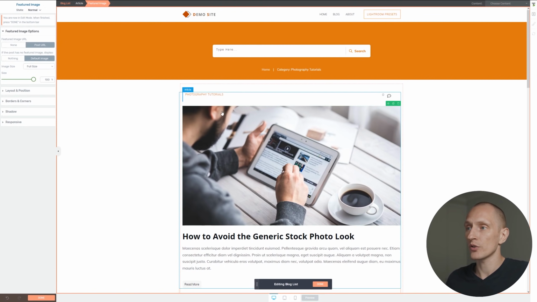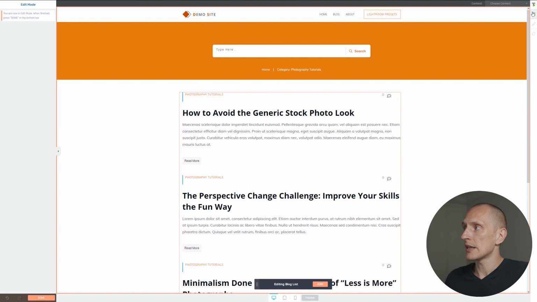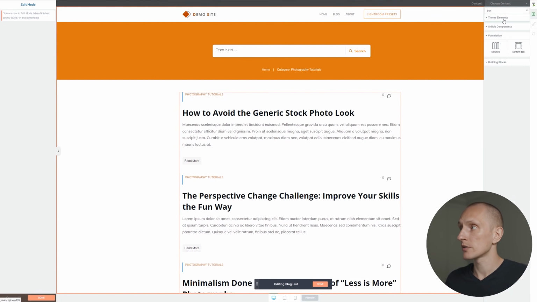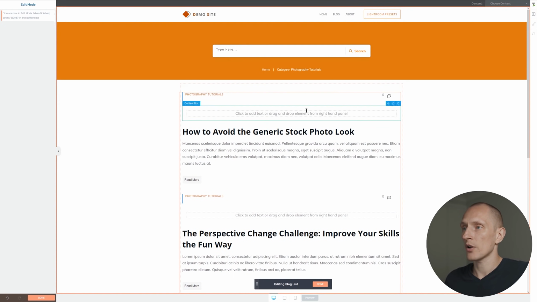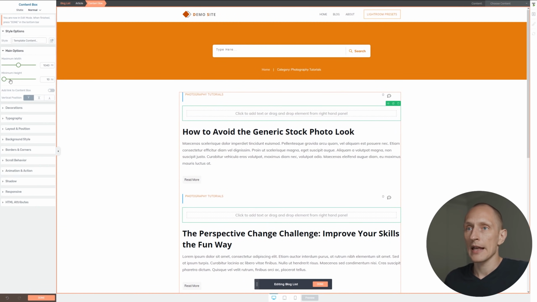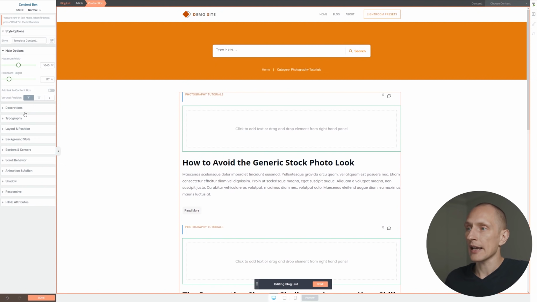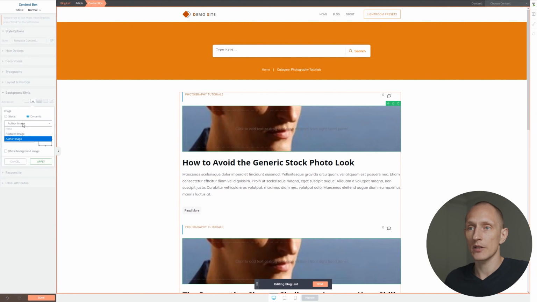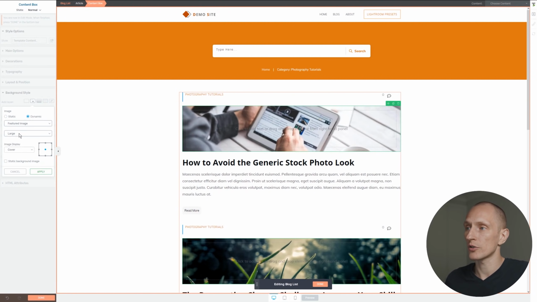So another thing you can do, one more thing I want to show that we haven't really looked at, is you can also use dynamic images as backgrounds. So if this is too big for me, I can go in here and search for a content box. Let me insert a content box here. And I can give this a certain height, and in background style for the box, I can go to image